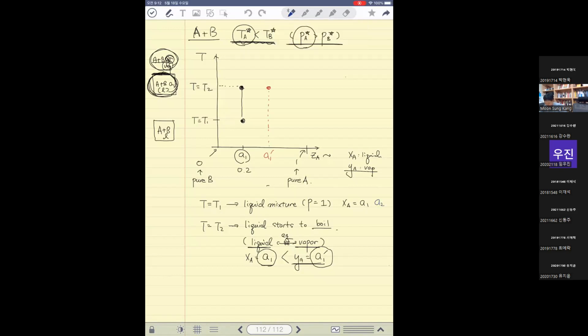And then you're going to observe liquid starting to boil at different temperature, T2 prime. And at that point, you're going to observe a vapor phase with different composition that may be A2 prime, and